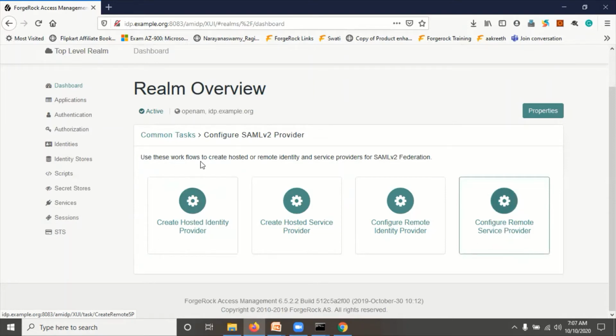These two options we need to configure in the OpenAM IDP server. The remaining two are configured at the SP level. This is very important, which option you have to configure on which server. So remember: hosted identity provider and configure remote service provider. Click on hosted identity provider.